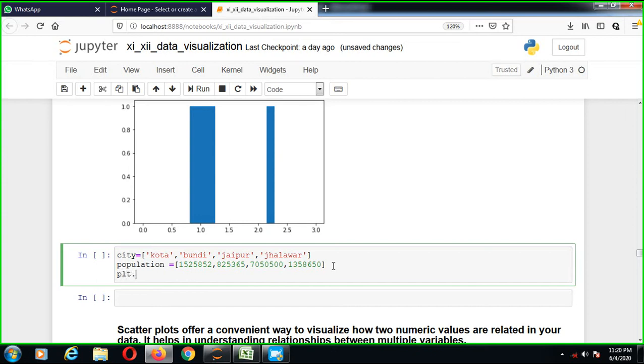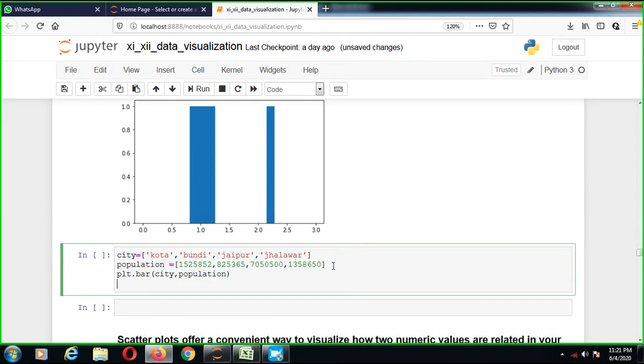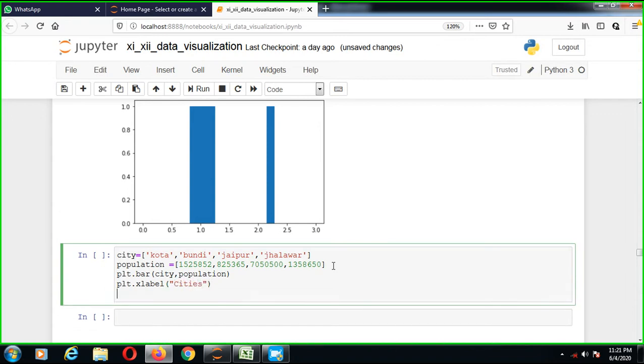Now plt.bar city, population. Both of these are variables we have, and plt.xlabel. So the x label is denoted by cities, and plt.ylabel is denoted by population.